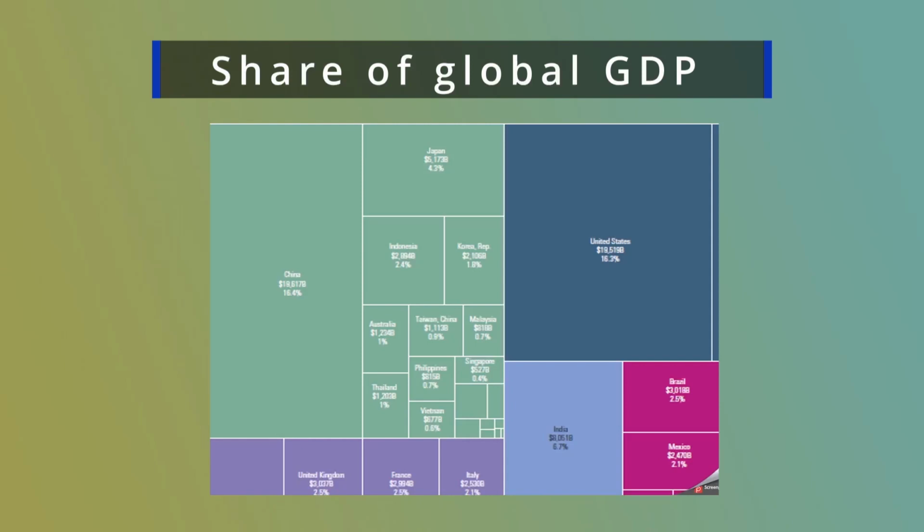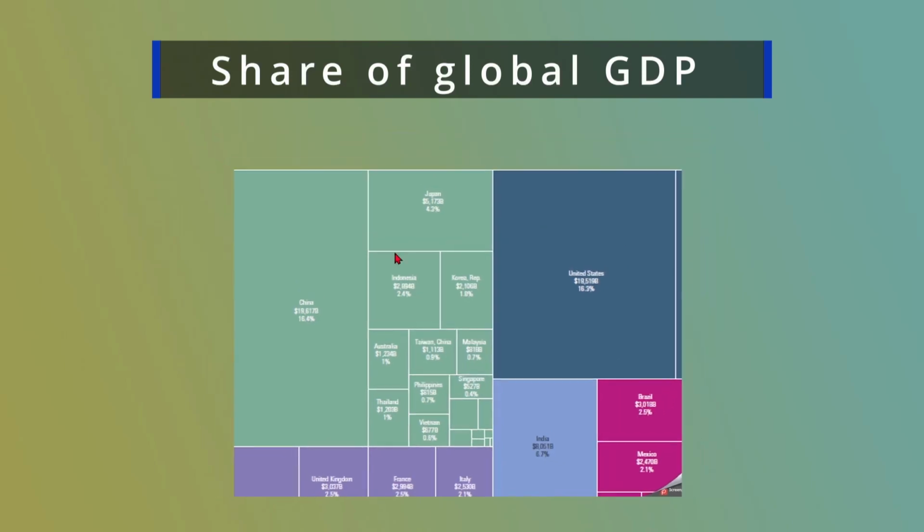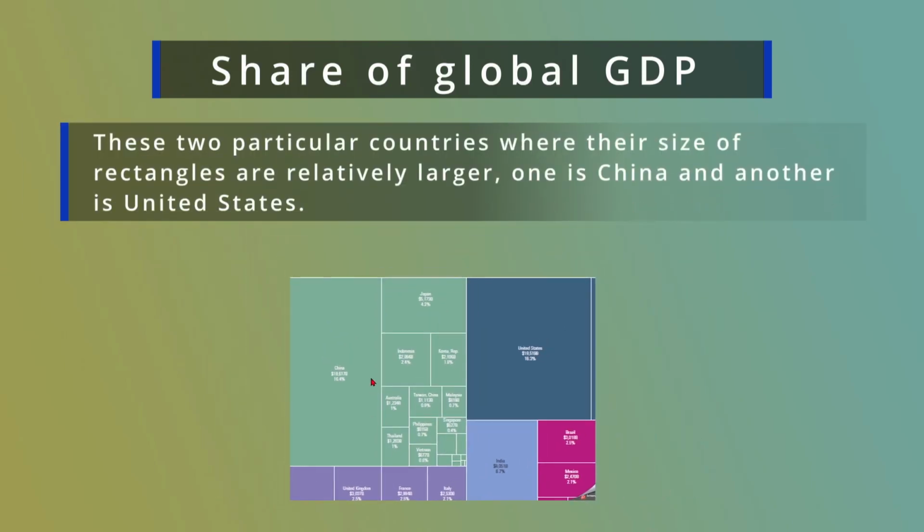Side by side, the color of the triangle also varies in respect of the different regions of the world. Here, these two particular countries where the size of the rectangles is relatively larger, one is China and another is United